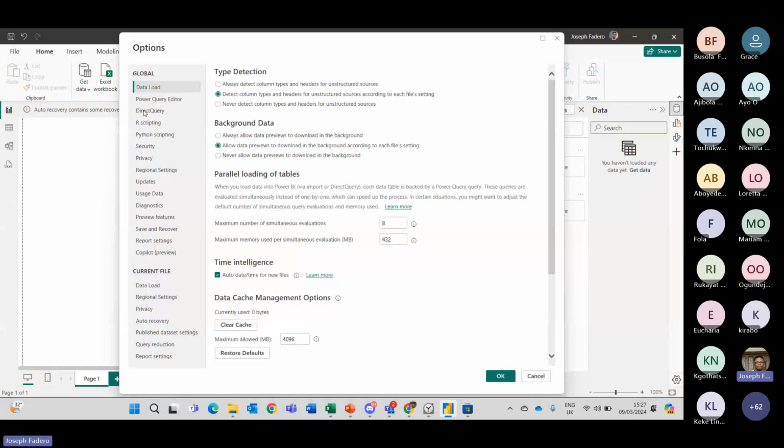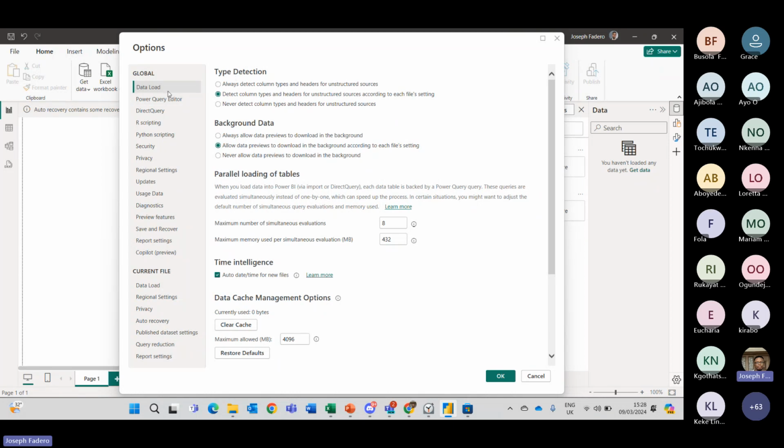The moment you've clicked on your Options tab, you have this window on my screen. I would say it's a bit similar to what you have in Excel, but different. It's different in the sense that the things you do in Options in Power BI are different from the things you do in Options in Excel, the same way they're different from the things you do in Options in Word, PowerPoint, and other Microsoft tools and services. So right here, we have a Data Load option.